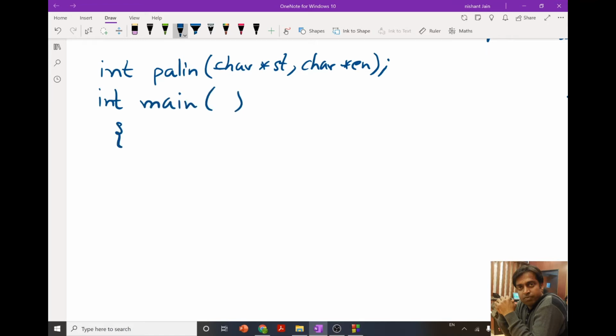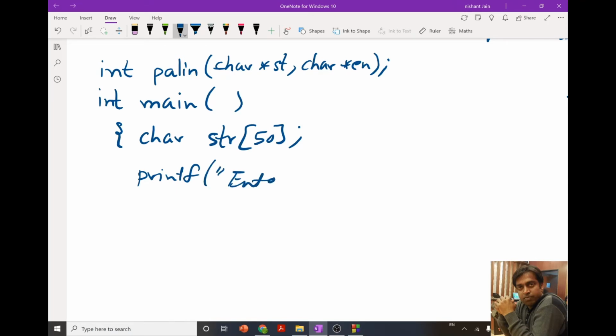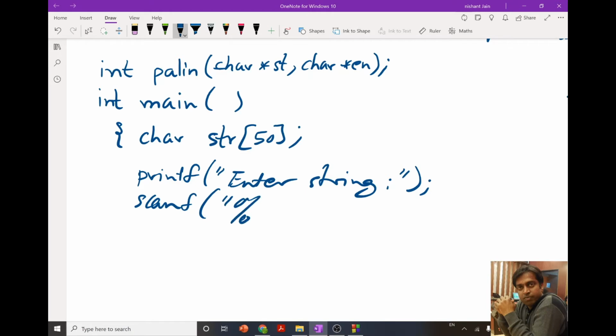In the main program, first I will ask the user to enter the string, using scanf.